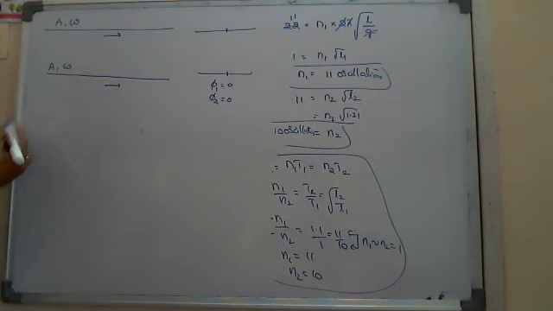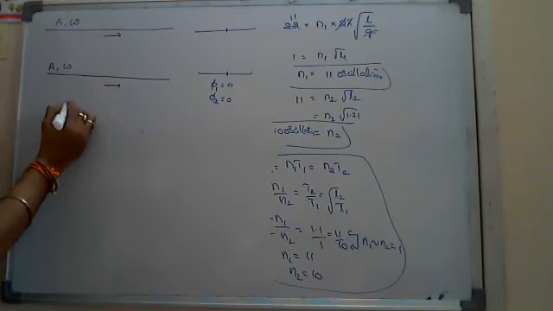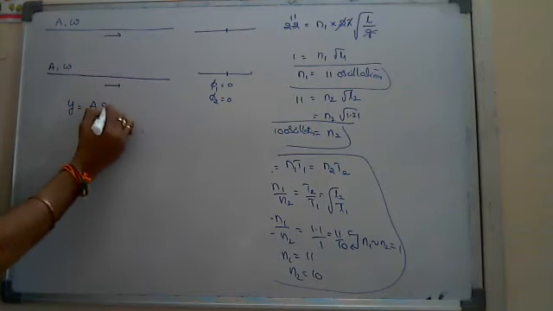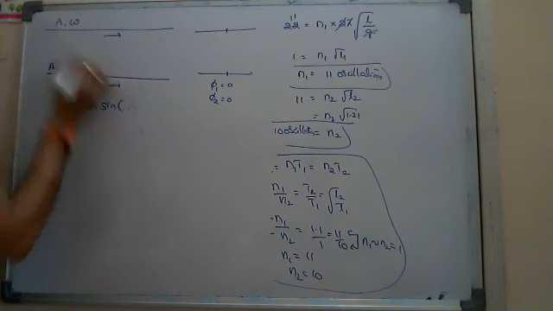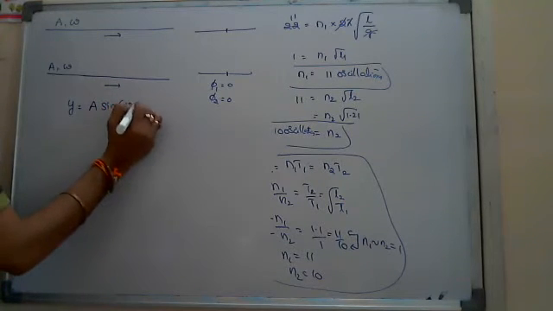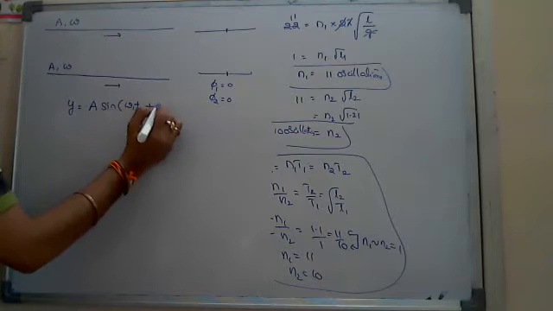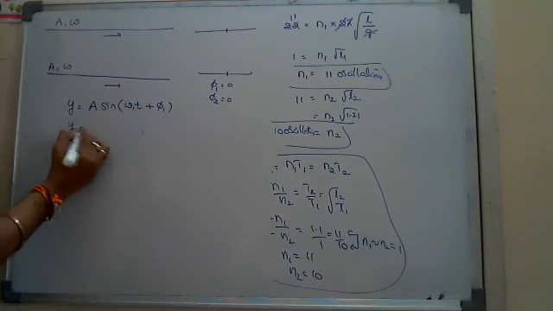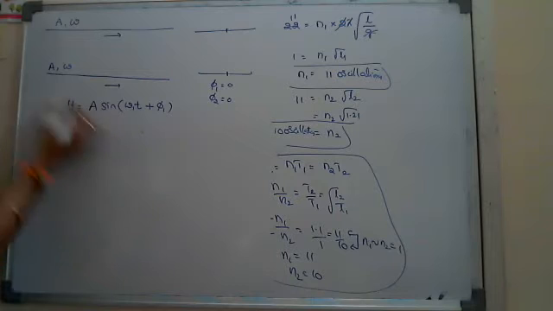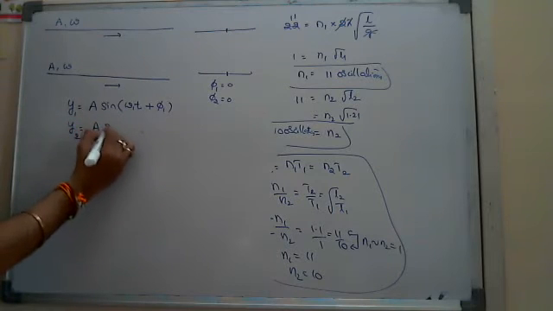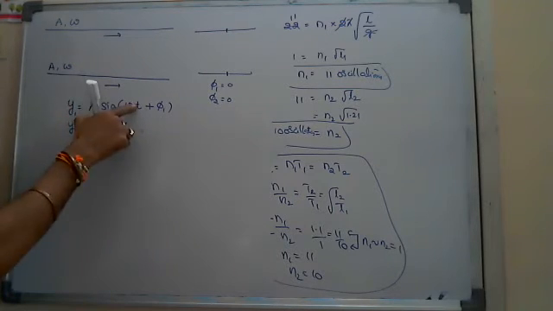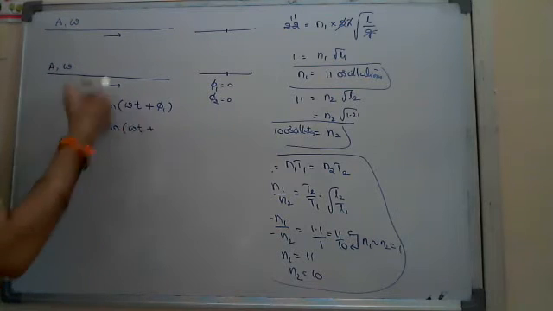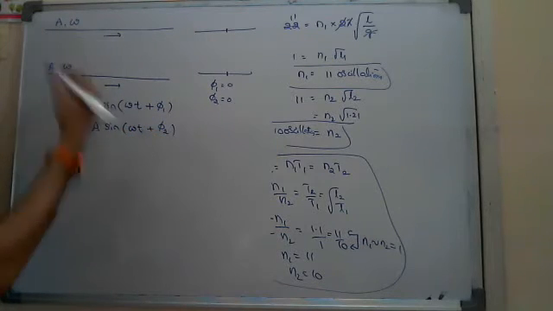That's why what I have to write here, the y equals to, for the first particle, a sine, happily no need to write the omega 1 here, omega 1 t plus the phase angle I don't know, let it be phi 1. And y is equal to, for the second particle, I have to write the same amplitude a sine, same omega, that is also written as omega into t, plus it is started from which position not mentioned. Fine.